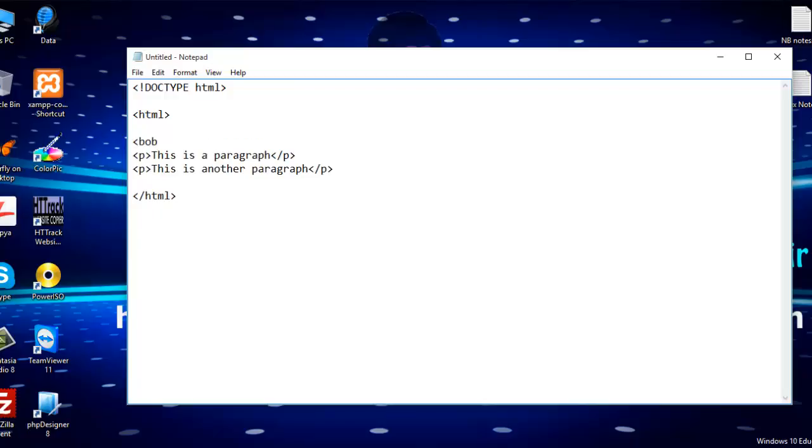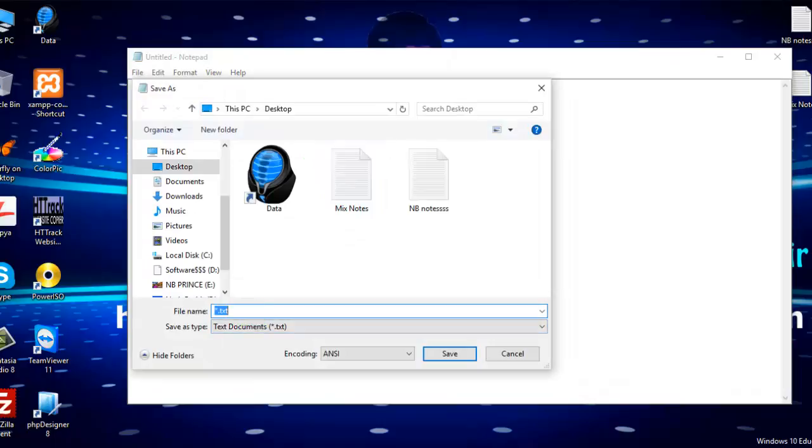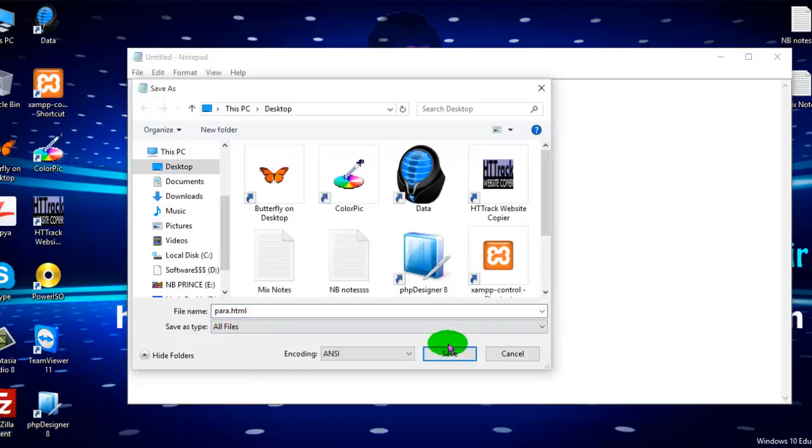So we start body here and close it at the end of these paragraphs with the slash tag. So let's save this on the desktop as para.html and save it.